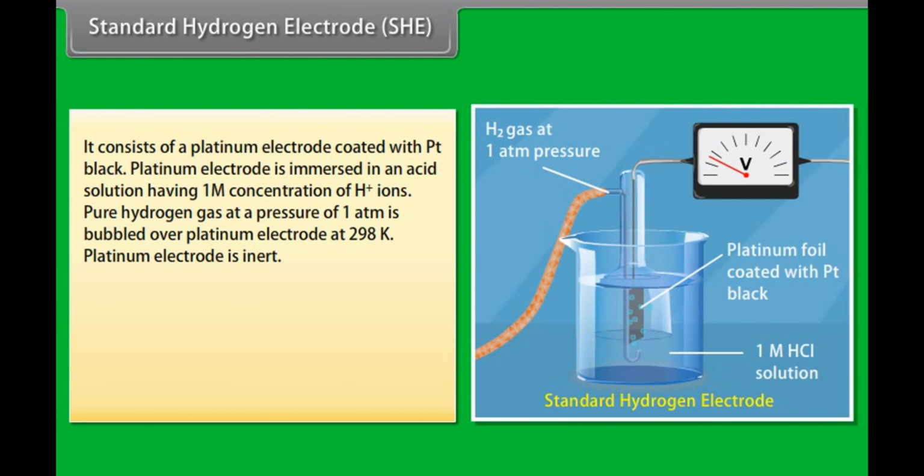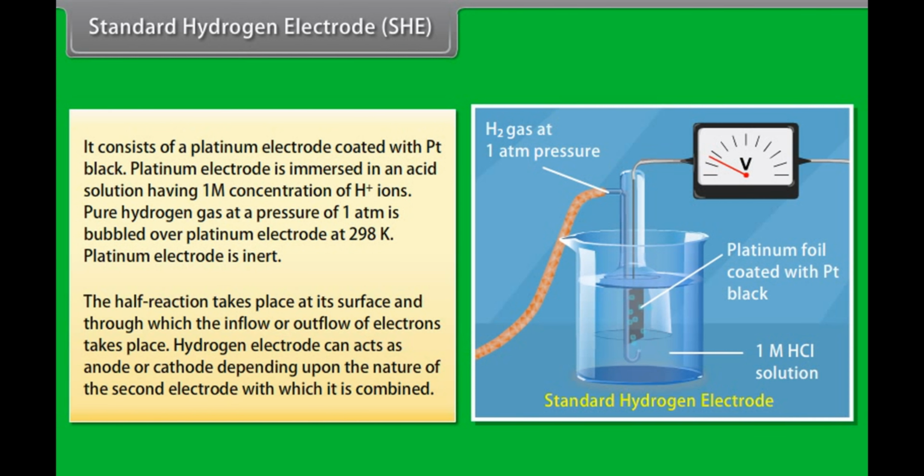It consists of a platinum electrode coated with platinum black. Platinum electrode is immersed in an acid solution having 1 M concentration of hydrogen ion. Pure hydrogen gas at a pressure of 1 atm is bubbled over platinum electrode at 298 Kelvin. Platinum electrode is inert. The half reaction takes place at its surface and through which the inflow or outflow of